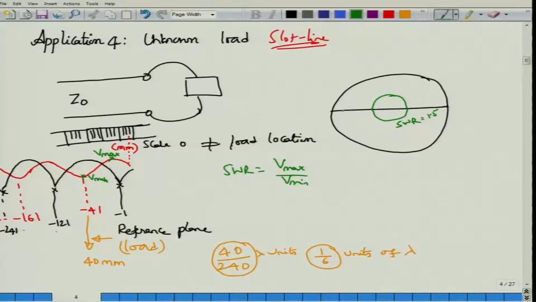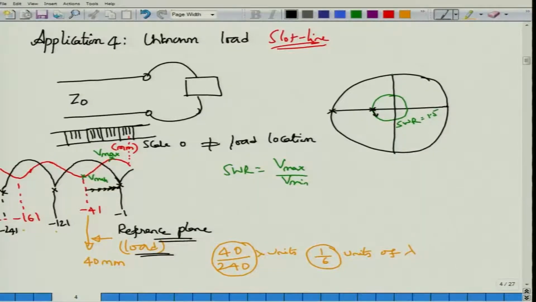I know that the minima always occurs on the left side of the horizontal axis. On the left side of this Smith chart is where I have a voltage minima. So this should be the voltage minima on the SWR circle. The impedance can lie anywhere over here, but this is where we have landed on the minima. Now from the minima, instead of going towards the generator, if I start traveling towards the load and reach this point -1, which happens to be the reference plane or the load plane, then I would have ended up at the load point.